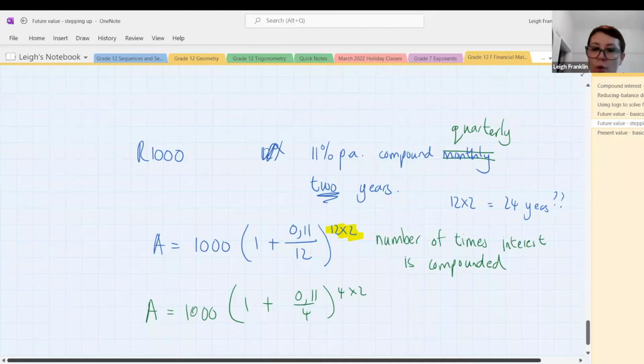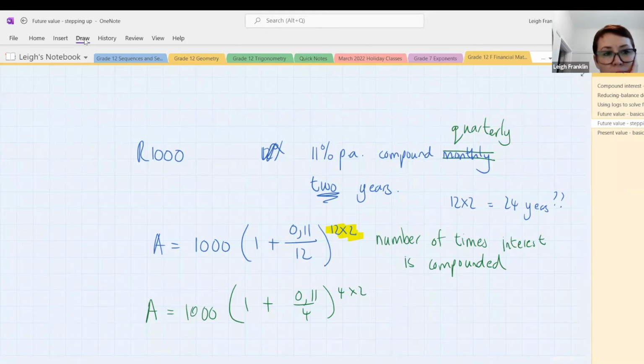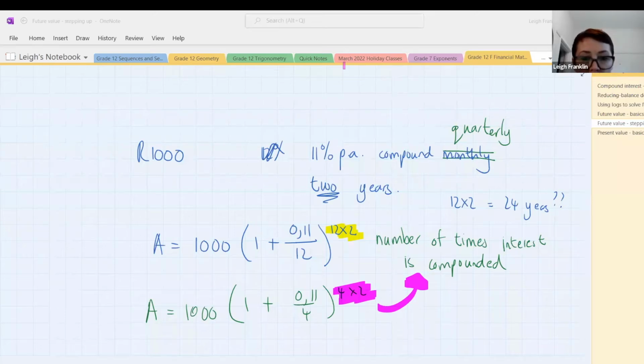Okay, so N is not the number of months. It is not the number of years. It is not the number of payments. It is the number of times the interest is compounded in the period. Does that make sense to everybody? It's the number of times the interest is compounded during the savings period. Okay. All right, so when we understand what N represents, only then can we begin to answer the question that I asked you,